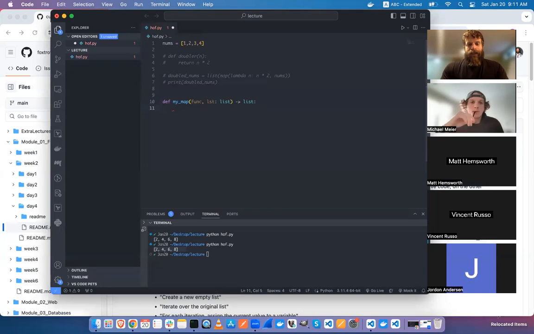So how could we implement this? Well, we know we have to return a list. There are a few ways we can implement this. We'll do it a couple ways. One is a more traditional version, where we create an array, loop over stuff, and then return that array. So I'll call it modified list. I don't know what the elements are going to be, so I'll just call it elem. It's not a great name, but it has to be general enough. So for elem in list,